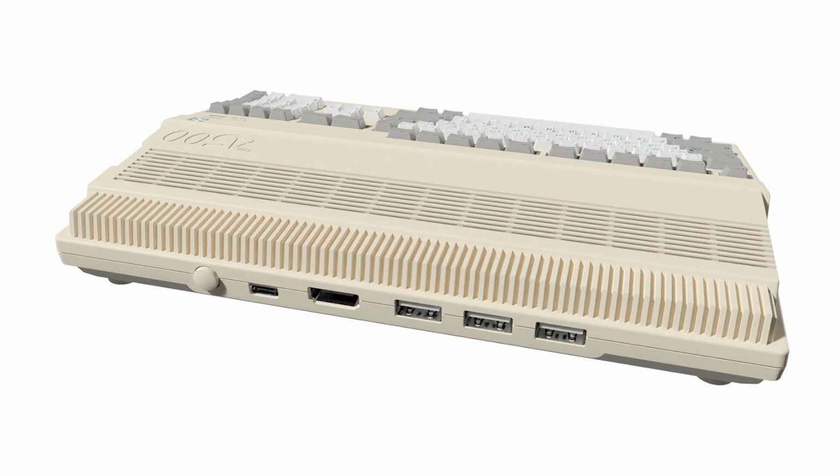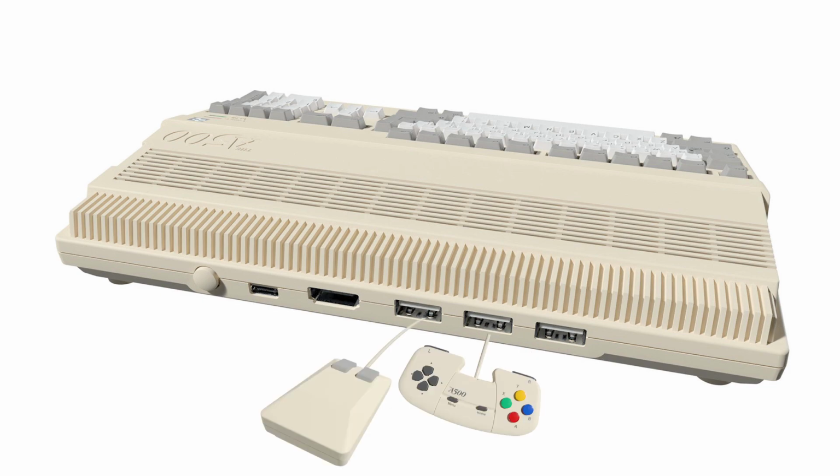So around the back of the A500 Mini, from left to right, we have the on-off button, the USB-C power input, the HDMI input, and then 3 USB ports. This leaves one USB port for your mouse, one USB port for your joystick or controller, and also one for the USB stick for your games. RetroGames Ltd have really designed the A500 Mini to be a plug-and-play system, simple for anyone to pick up and